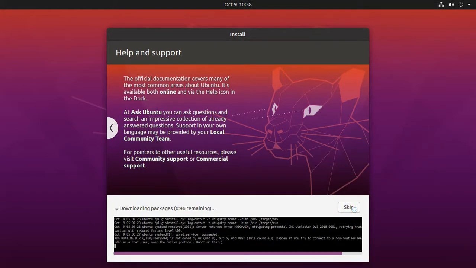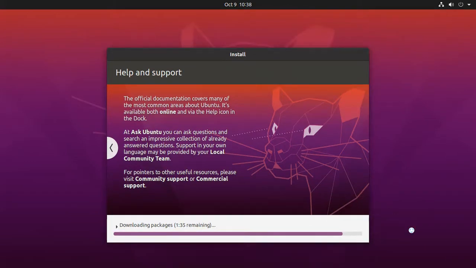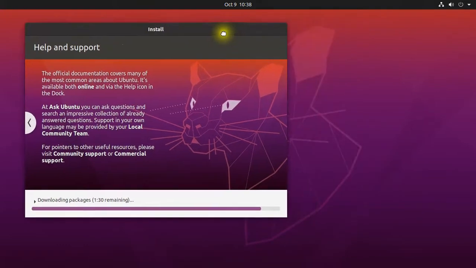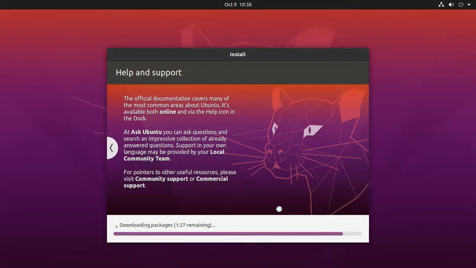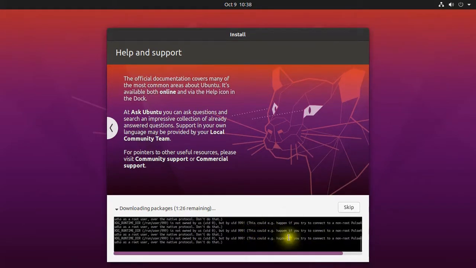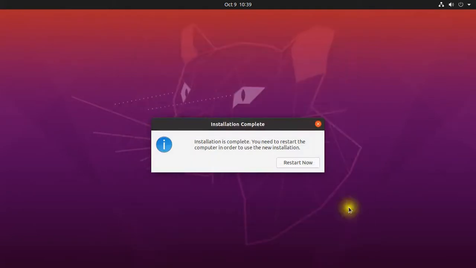So it is showing you on CLI mode here. I clicked skip. Let's see. You can see what is going on here in this CLI mode also. So guys, the installation is complete.